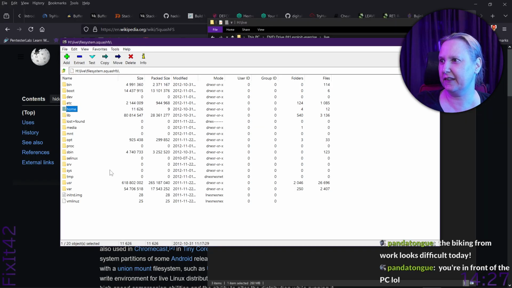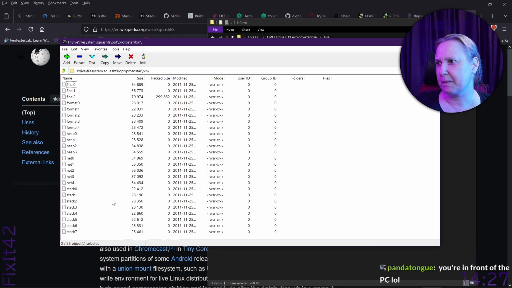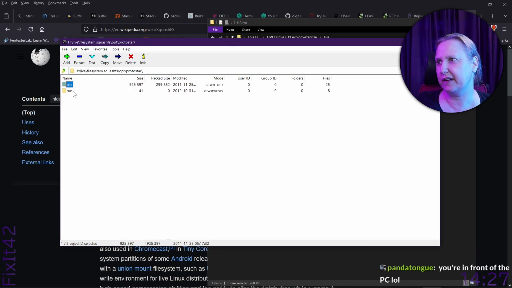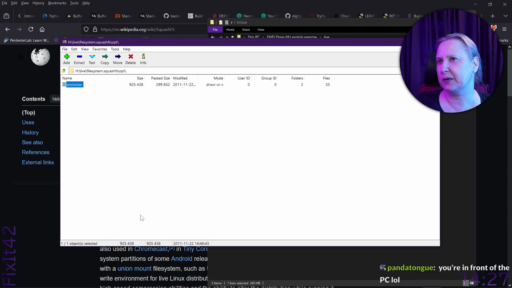Let's see, where are the exercises that we have? Yeah. So here they are. We could just... Is there anything else in the Protostar directory?